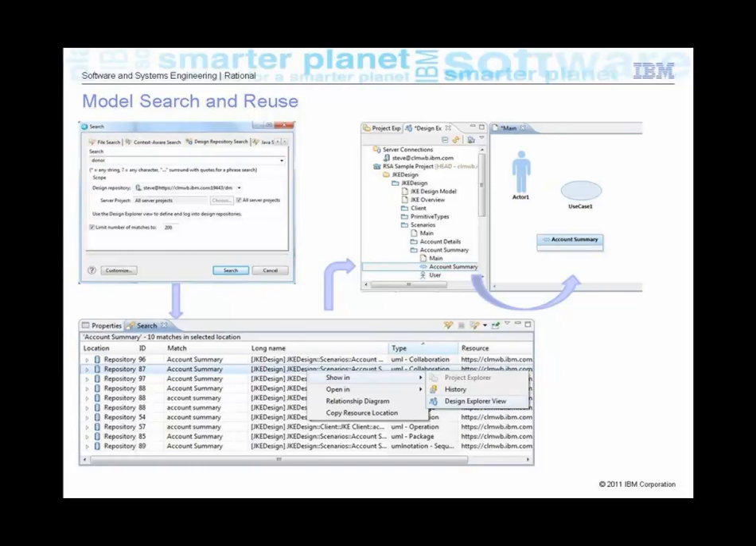So the model search and reuse piece becomes very, very simple. The intent is that teams would load their models into Design Manager, into the repository, whether that's done using version 3 or version 4 techniques, which doesn't really make any difference. But then when I want to come along and potentially reuse something, and I think really the scenario here